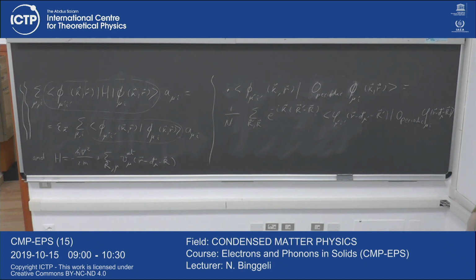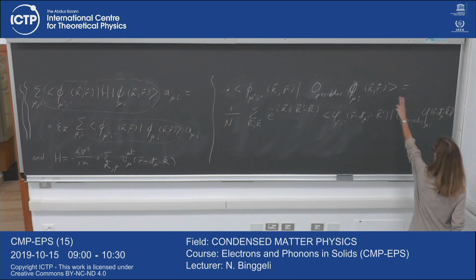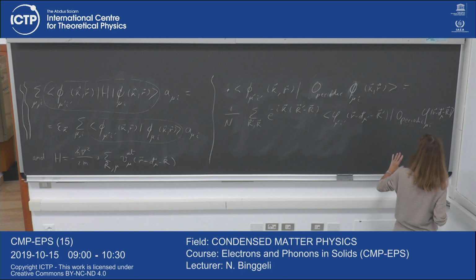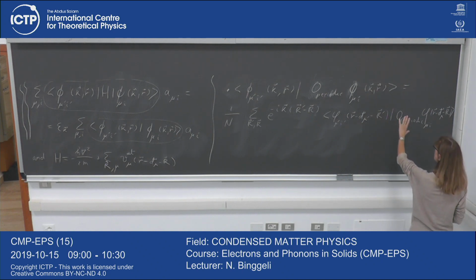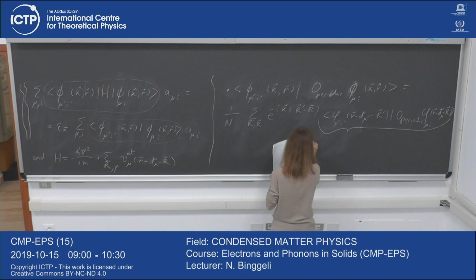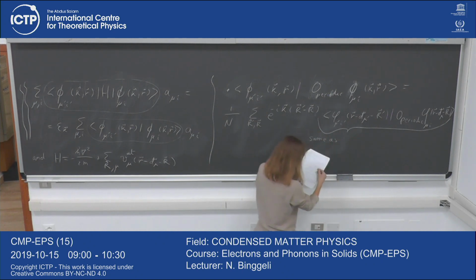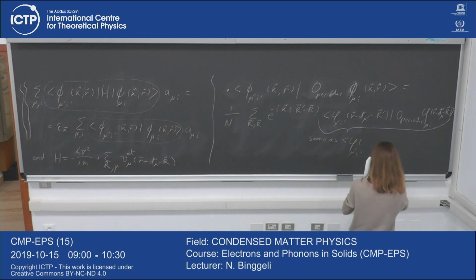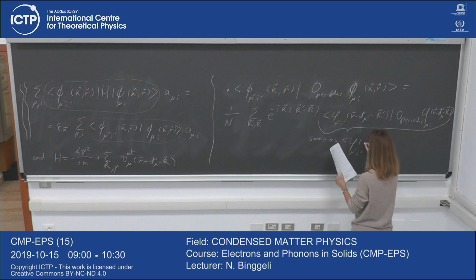Because this operator is periodic, the integral of what we have here, the complex conjugate of this, the periodic operator and this wave function, do not change when one translates by a Bravais lattice vector. So this integration here actually is the same as the integration of this wave function mu prime I prime centered on the atom mu prime in the unit cell R. So this is the same thing, the integration of the same wave function in the cell